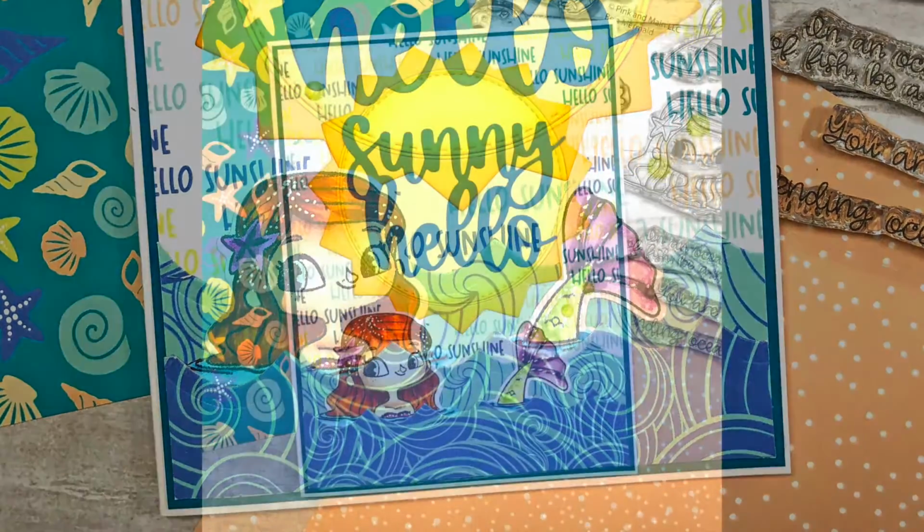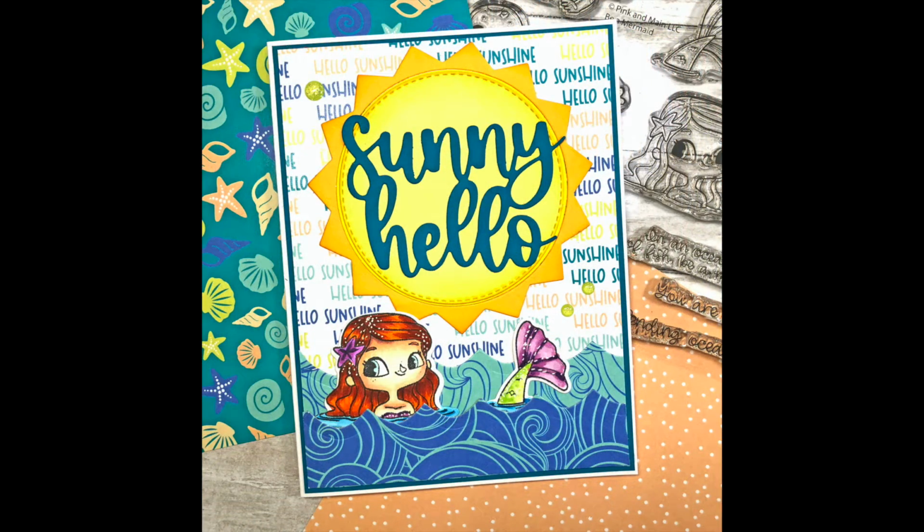So here is a final look at all 3 cards that I created with Pink and Main's Be a Mermaid